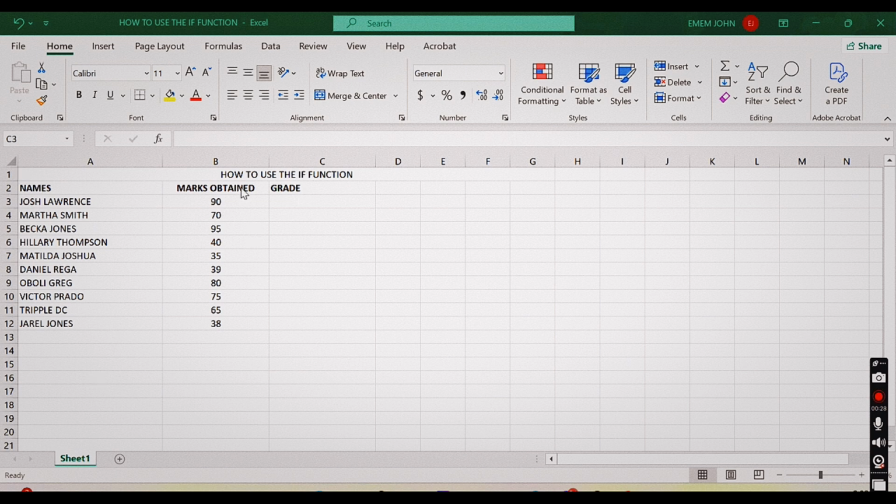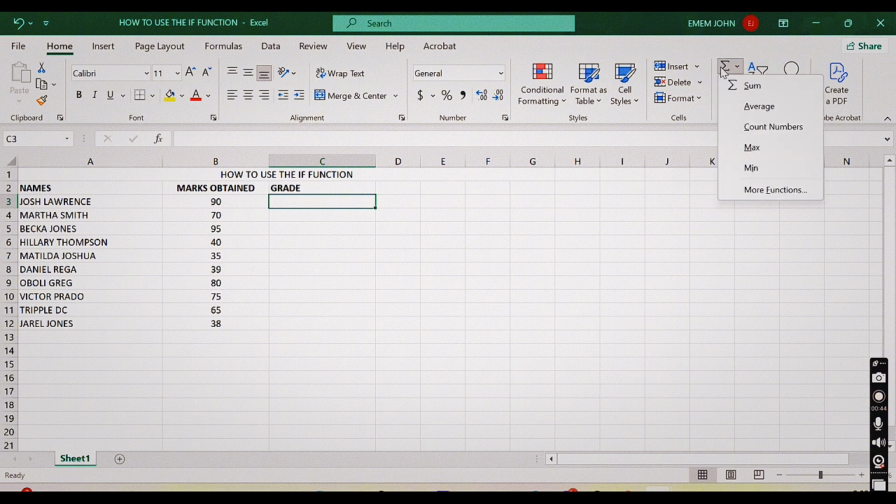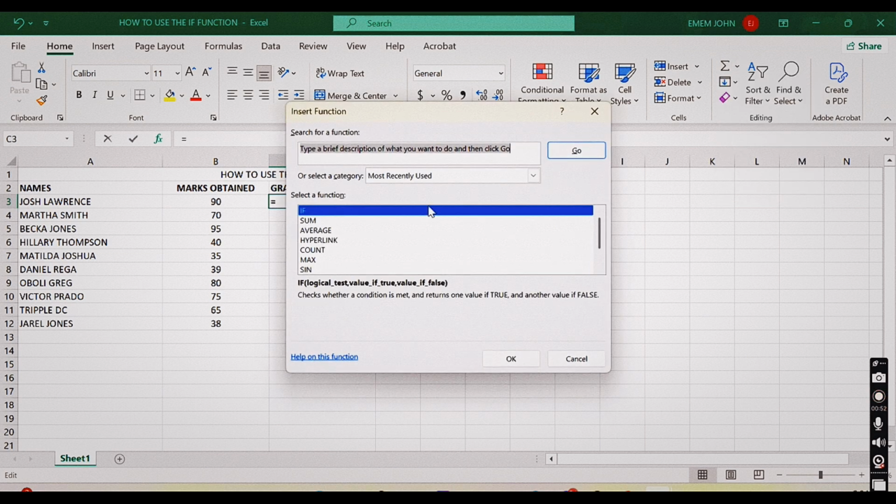We have the names and we have the marks obtained. Now to grade them, if they have a pass or they have a fail, we're going to be using the first method, which is the traditional method. Come to this part, come to your editing, click on the more option, click on IF, and